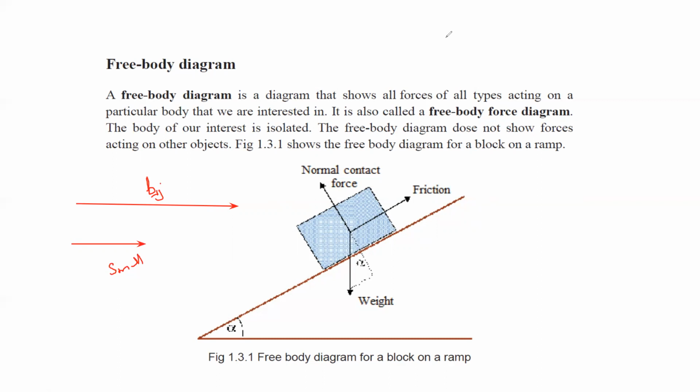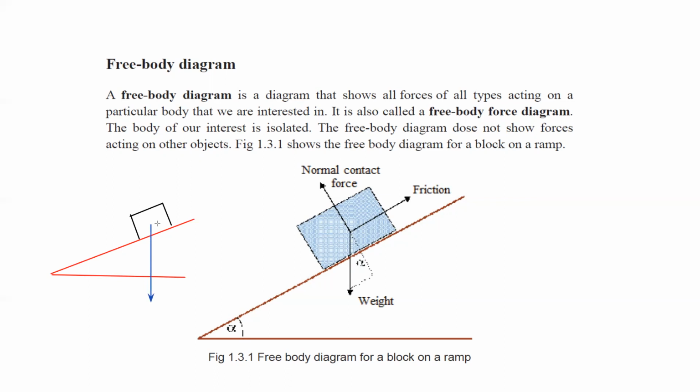For example, you have an object on an inclined surface. When an object is on an inclined surface, the surface is making a certain angle with the x-axis, and we place the object on the surface. The question is to draw the free body force diagram for this object. So how do we represent it? A free body force diagram represents all the forces acting on the object. First, the weight of the object will be there, acting downward.